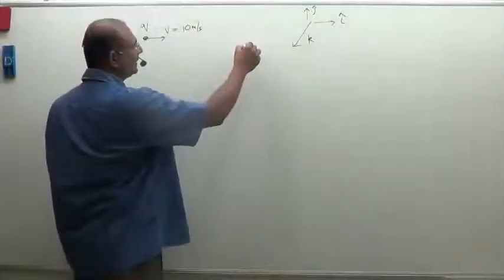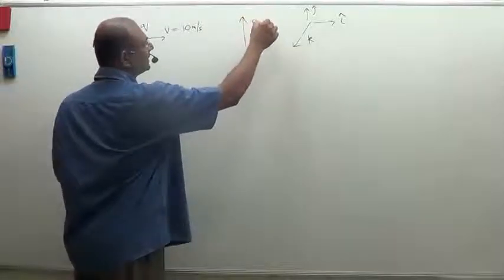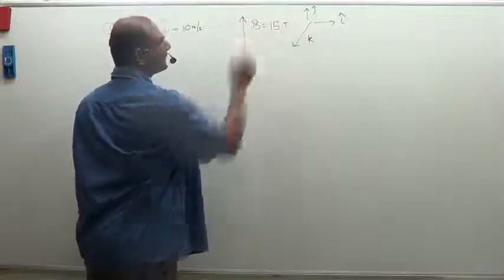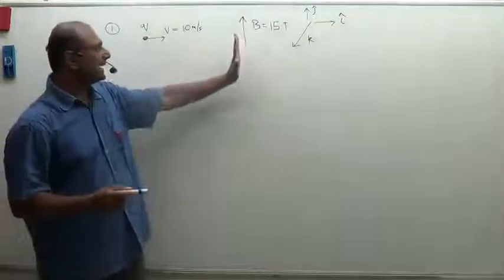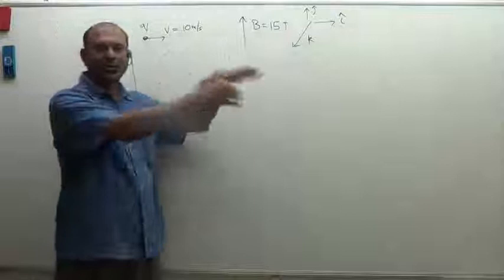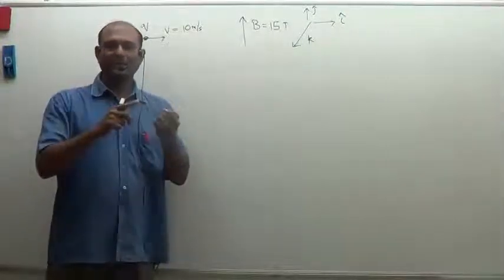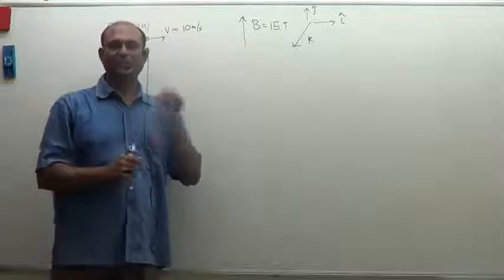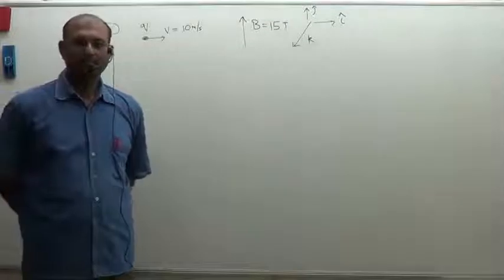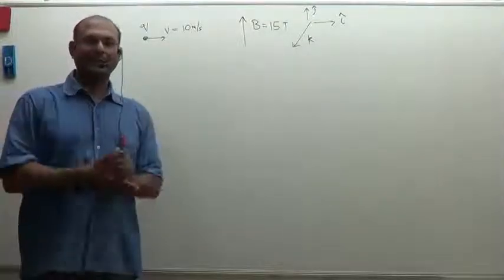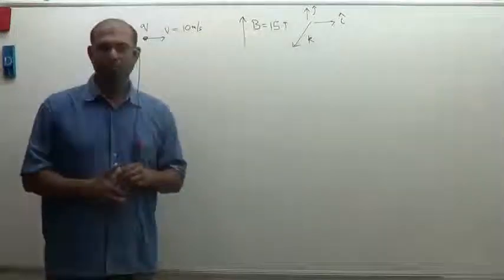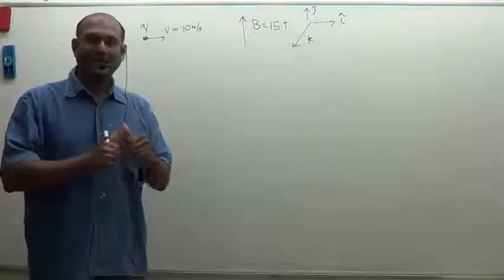So now let us say that this velocity, 10 meters per second, is going this way, and there is a magnetic field that is pointing upwards. Let us say that is equal to 15 Tesla. Can you see this? The magnetic field is pointing upwards. The velocity is like this. As soon as it goes into the magnetic field, can you find out what is the value of the force on the charge? So can you try this first? I want both direction as well as magnitude. Magnitude will be in terms of Q. 150 Q. What direction?